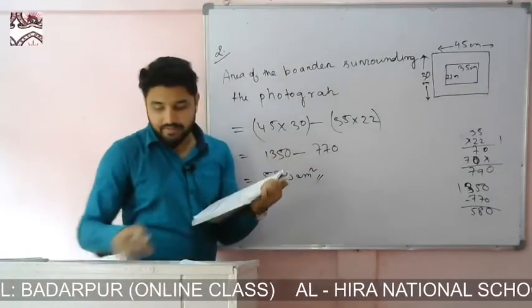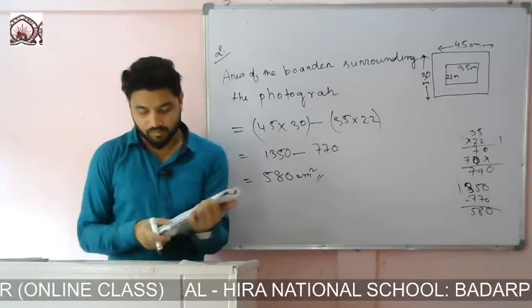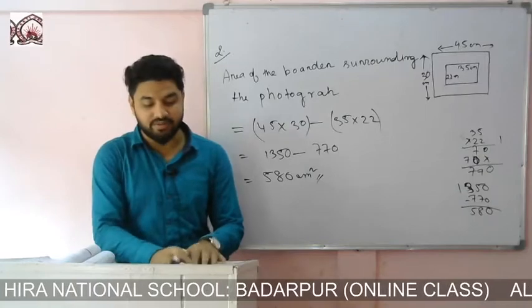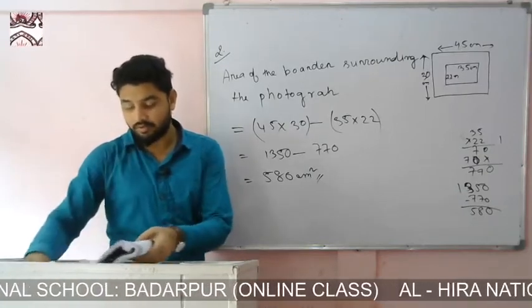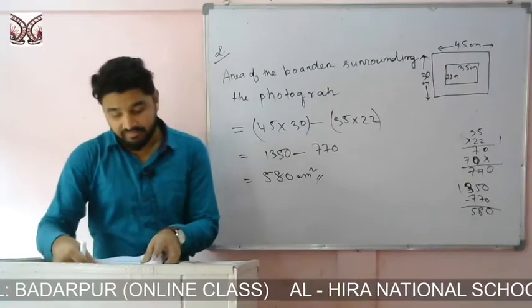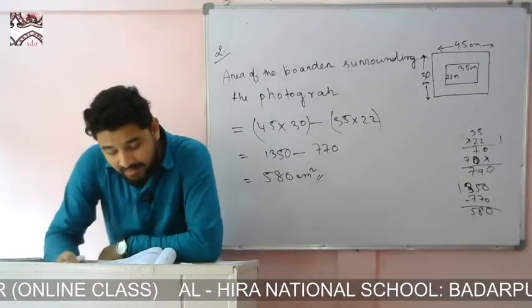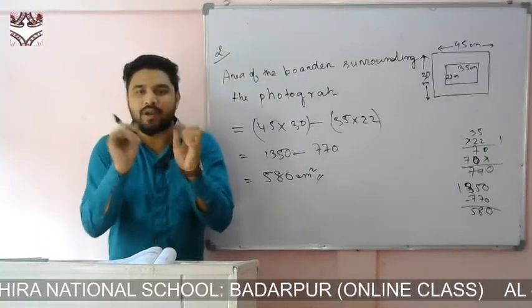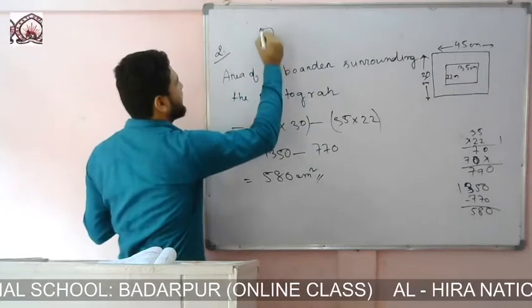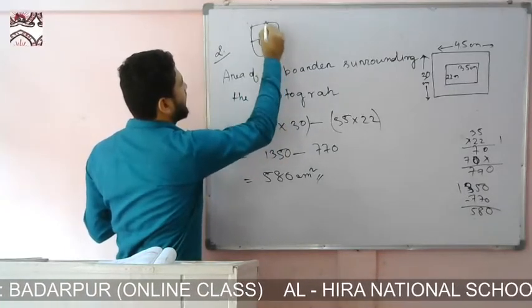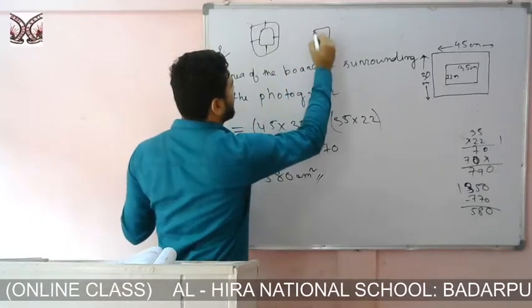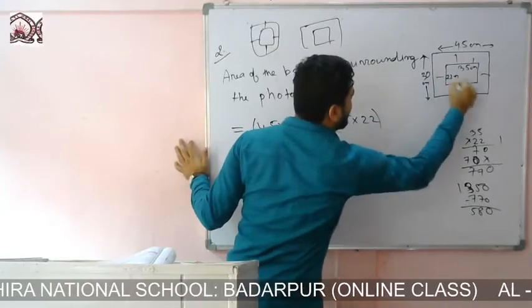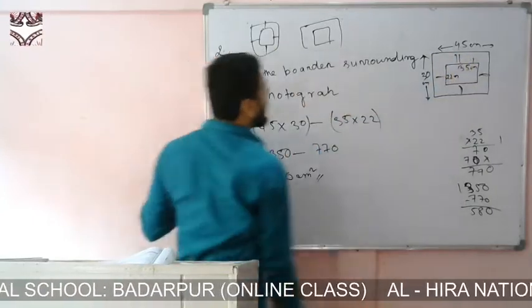Now come to question number 3. Question number 3 you see. A veranda of 1.5 meter wide. That means wide is 1.5 meter. Suppose this is a rectangle and this is a rectangle. So these are called the wide. That means this side, these are the wide. This portion is called the wide.